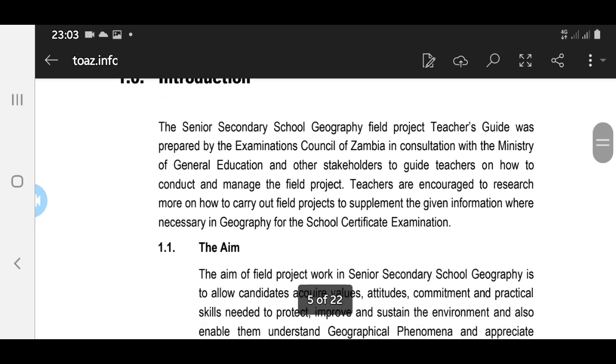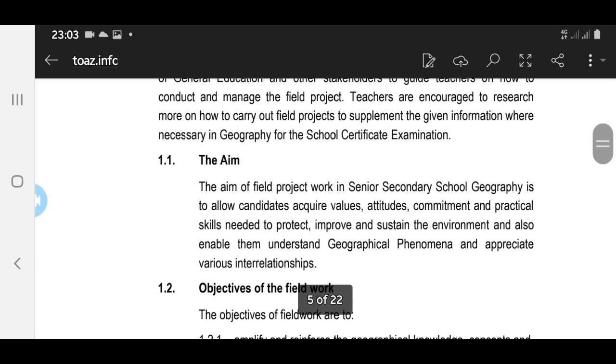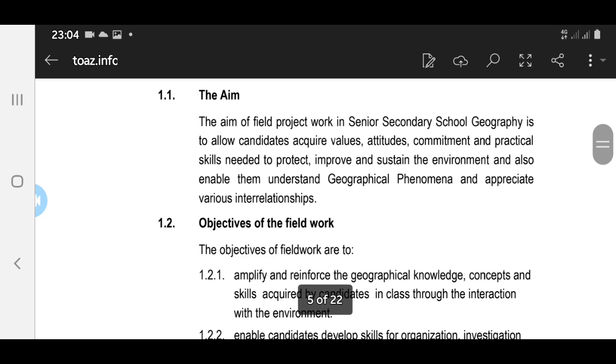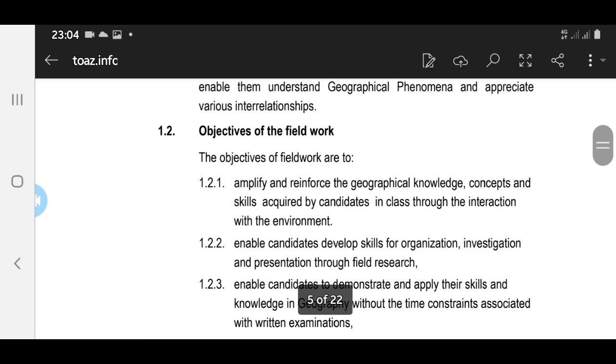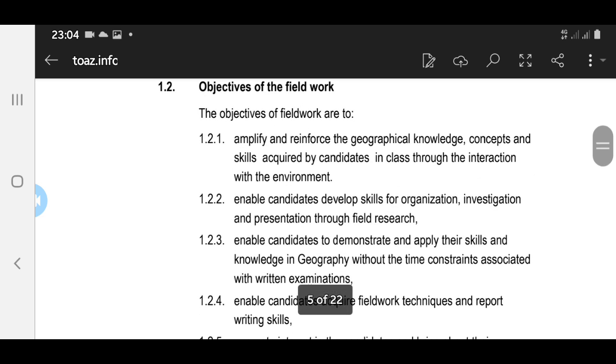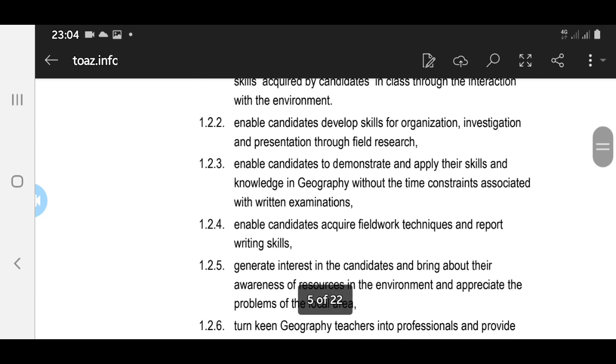So I'll skip the introduction and go to the aim. The aim of the project simply is to help candidates have the values, attitudes and skills to protect and improve the environment, because you have writing skills, analytical skills, and so on and so forth. The objectives are, of course, to amplify and reinforce geographical knowledge, enable candidates to develop skills of organization,